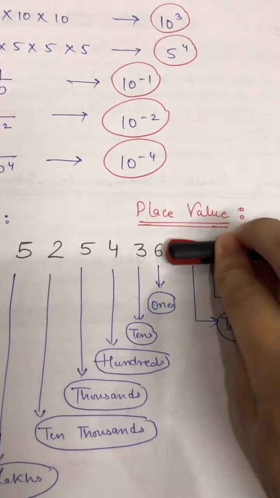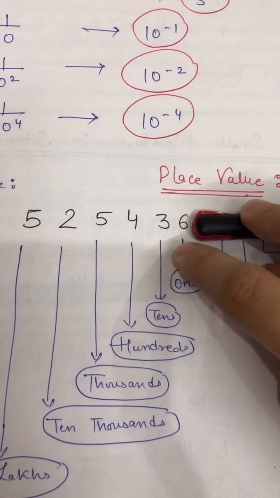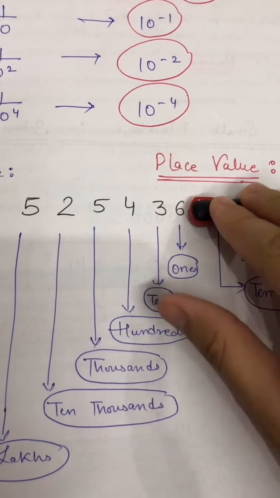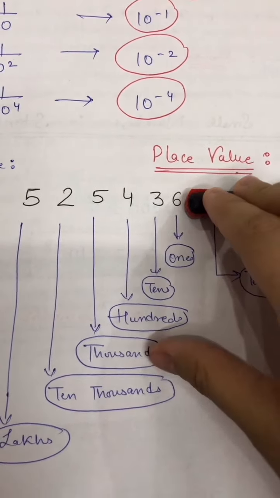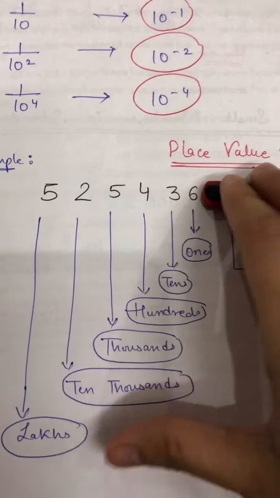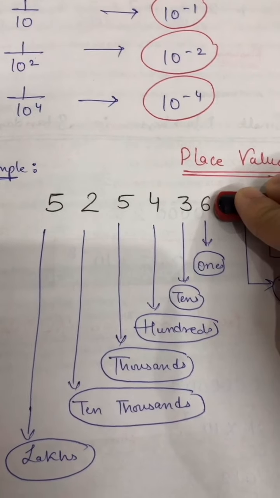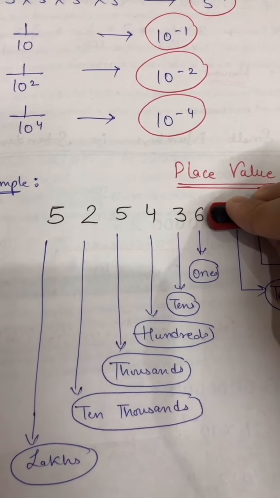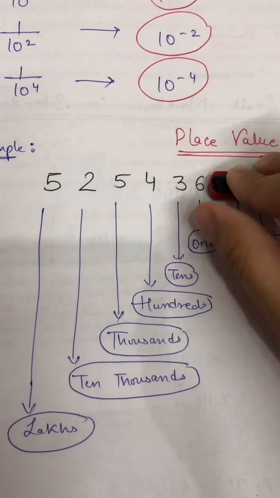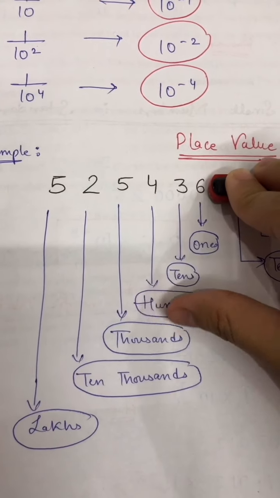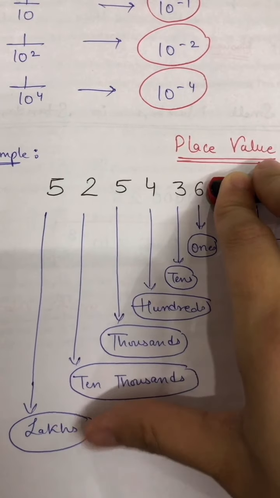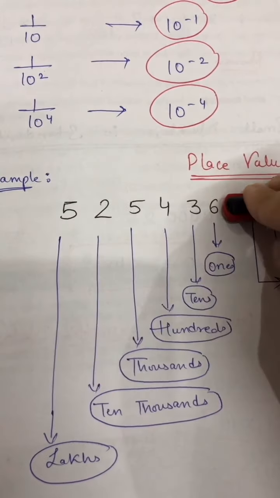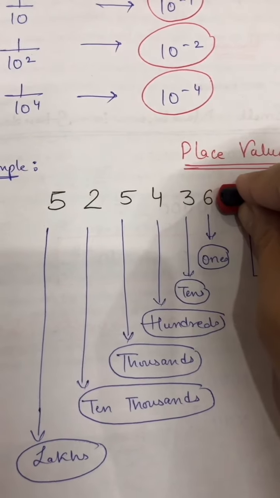And you know very well what this first value is. This first value is known as ones, second is tens, third is hundreds, thousands, 10,000s, lakh. You know the place value. You are doing this from the very beginning, from first or second grade: ones, tens, 100, 1000, 10,000, lakhs, then 10 lakhs. In this way you are doing the expansion.